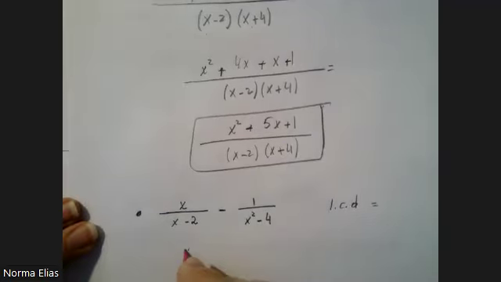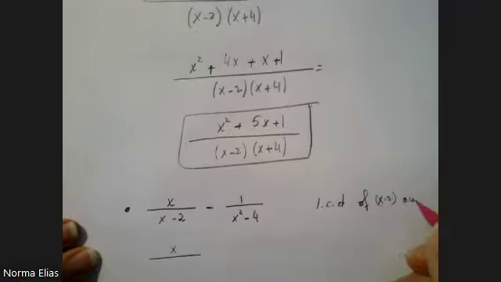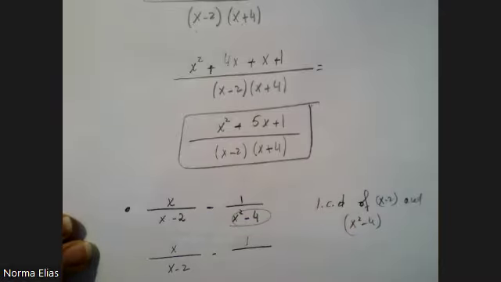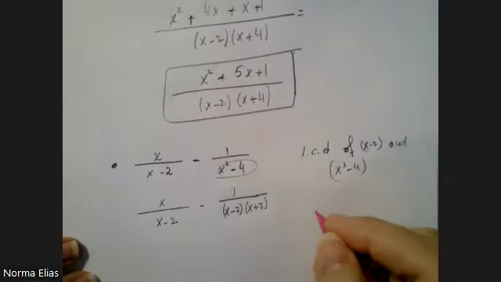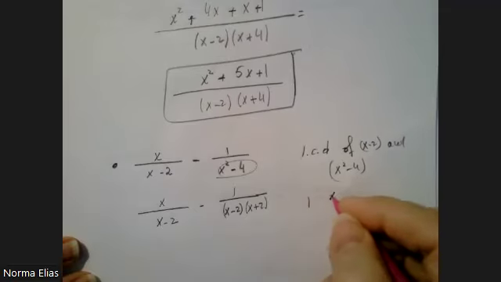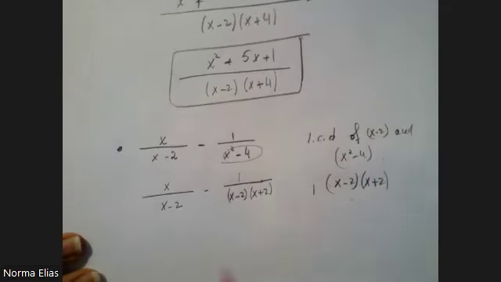So we're going to factor. So the least common denominator of x minus 2 and x squared minus 4. All right, I have to factor each one of them. So by now we've done the difference of squares, that's x minus 2 times x plus 2. So the least common denominator is going to be x minus 2 times x plus 2. All right, so now this is equal to